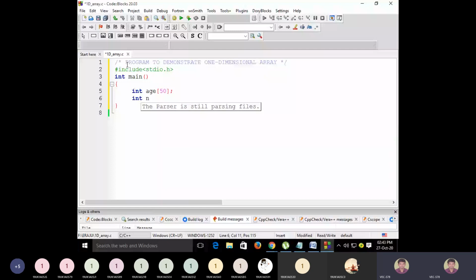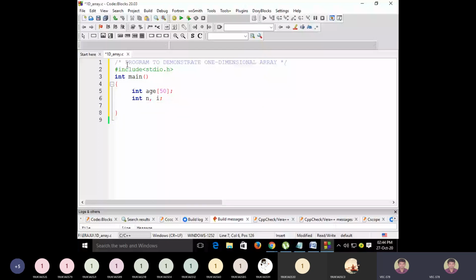For that you declare a variable called n. Then whenever we work with a one-dimensional array, repeatedly you have to read the number, so for that you require a loop. For that we declare a loop control variable called i here. Okay, so these are the variables that are required.